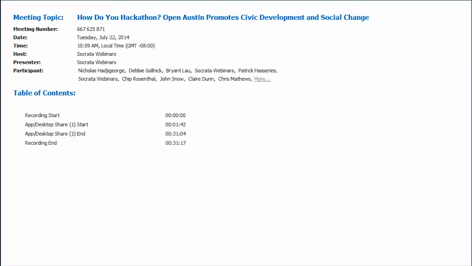I think the ATX Hackathon was also pretty awesome because it's part of National Civic Hacking, which is a big yearly nationwide collection of hackathons with a lot of different goals and a lot of different topics. So I think it's awesome to see a hackathon within the context of the larger event too. So Claire, Chip, I'm going to hand it off to you now and let you guys get started, and then I'll come back with questions at the end.